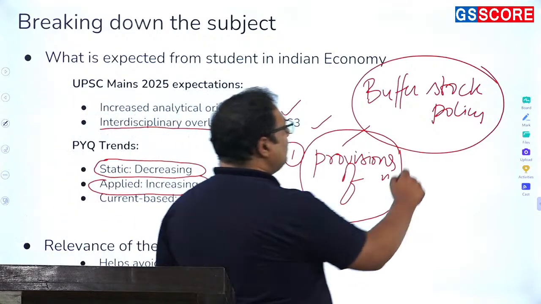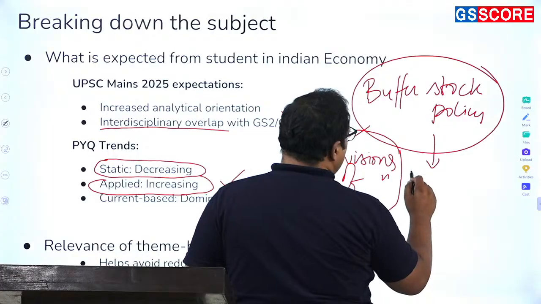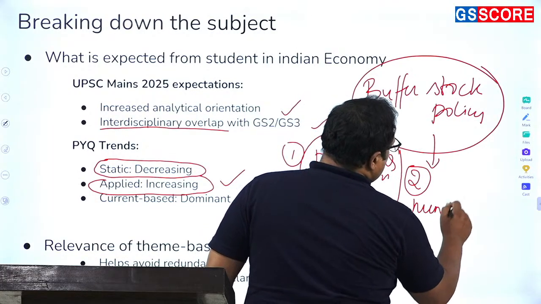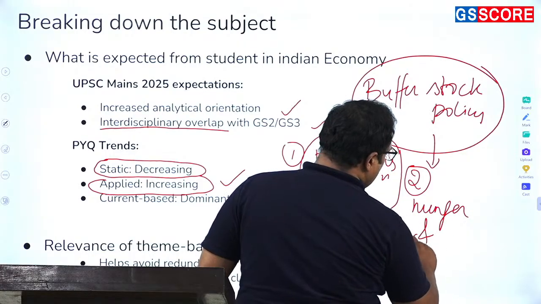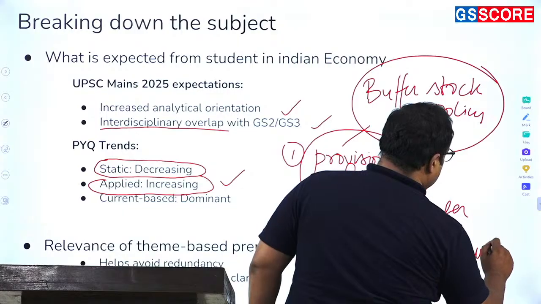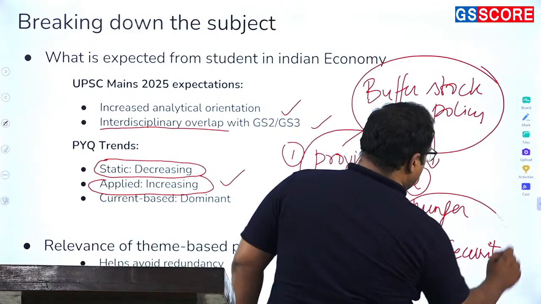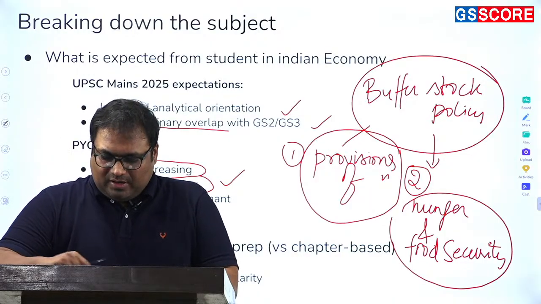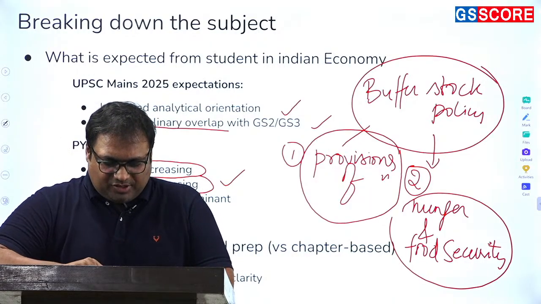Then buffer stock policy impact on, let's say, hunger and food security. If they ask you this, hunger, then the nature of